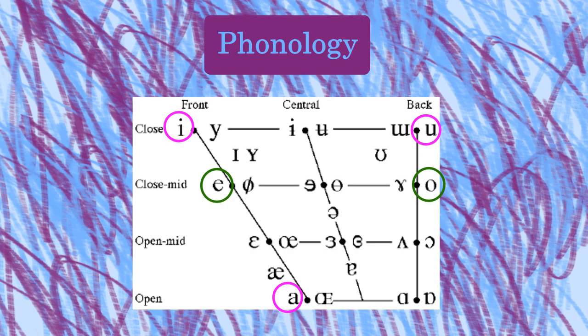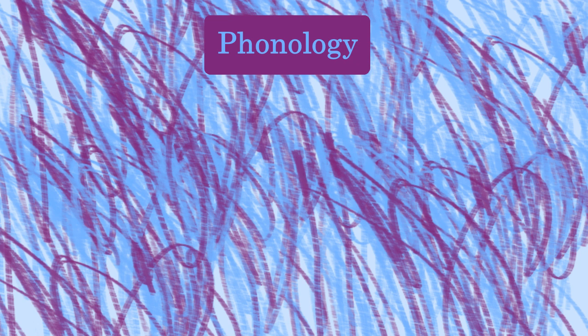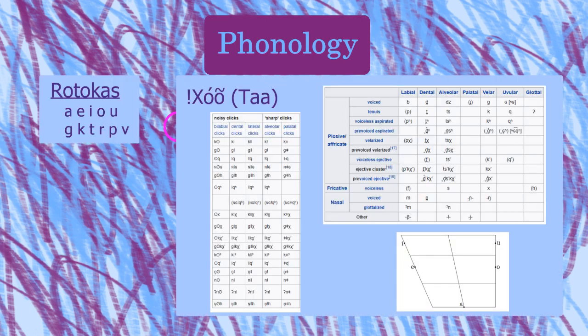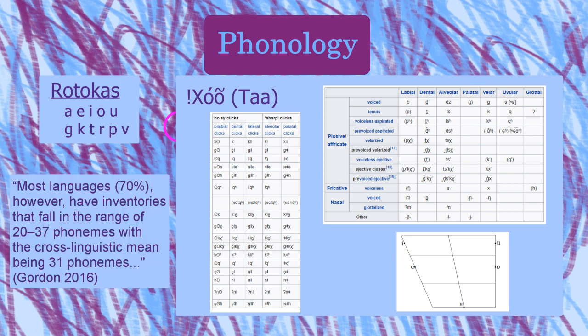One basic question to consider when developing a language's phonology is how many phonemes should there be? Some of us might want the challenge of working with a limited inventory, while others might love too many sounds. The smallest known inventory is 11 phonemes, and the largest is 141. Most languages, 70%, however, have inventories that fall in the range of 20 to 37 phonemes, with the cross-linguistic mean